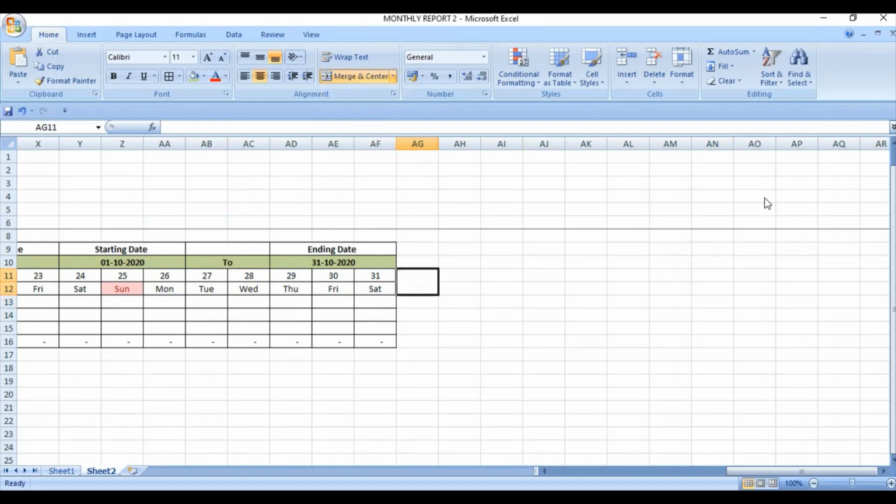Then the headings: working days, leave taken, and payable working days.